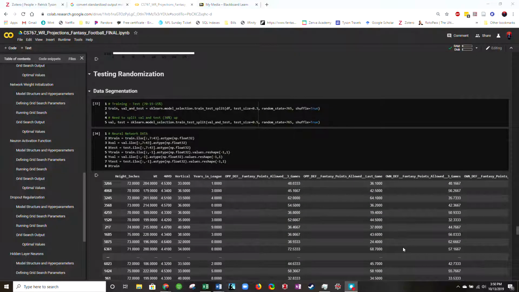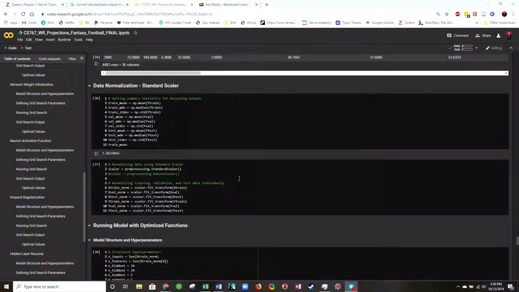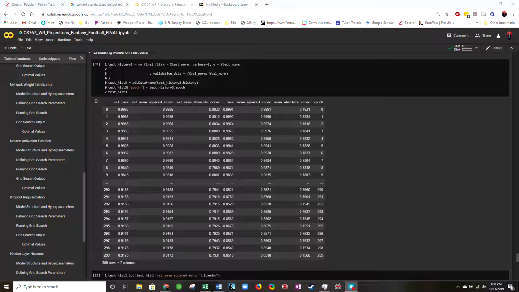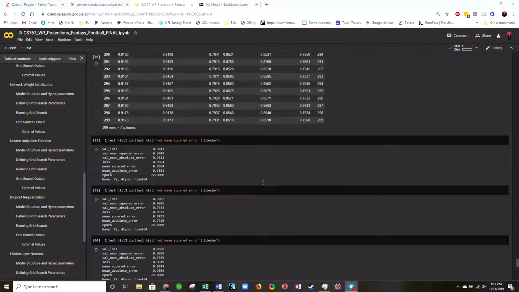One piece of feedback I received was to determine how sensitive my neural network is to the randomness of the data split. So I used the random seed function to randomize my data set 3 different times, and then ran the tuned neural network once on each data set. My results were 0.8741, 0.9065, and 0.8868. Comparing those to my initial 0.8826, it is clear that my model is insensitive to the randomness of my data splits.